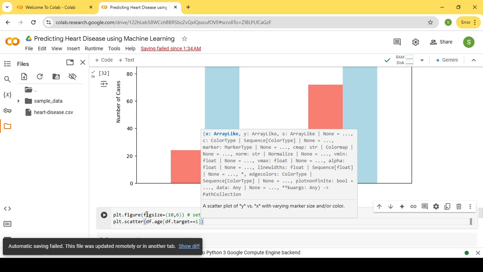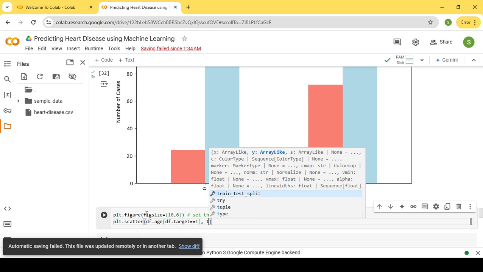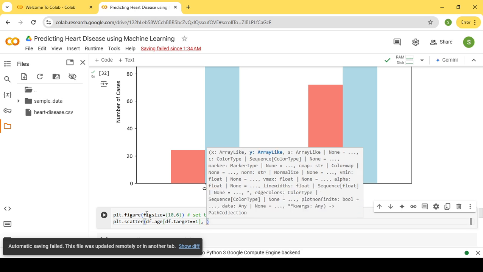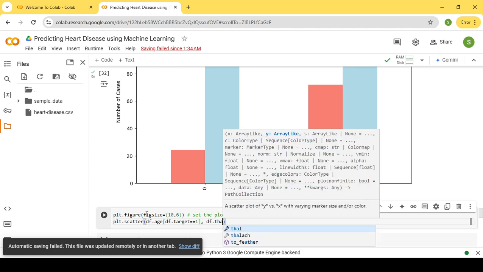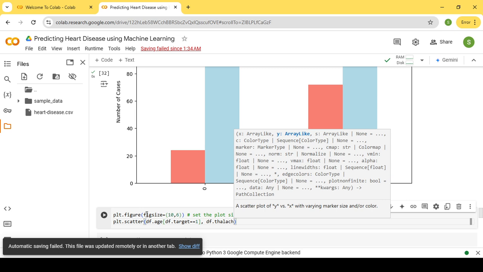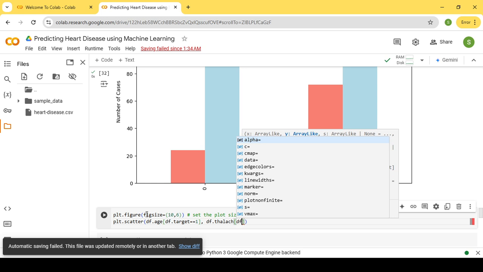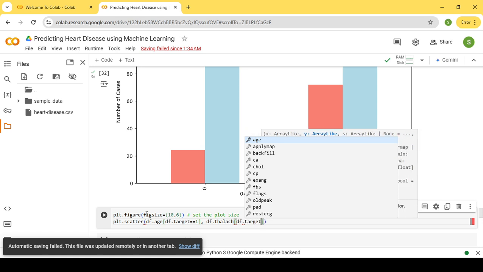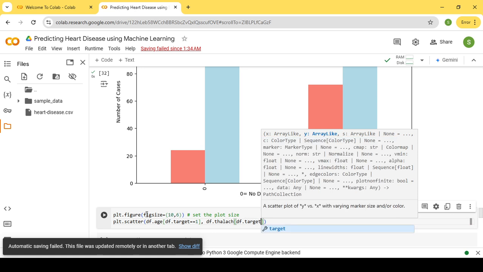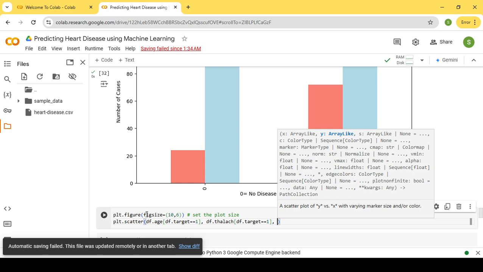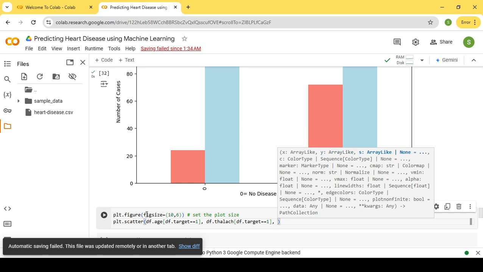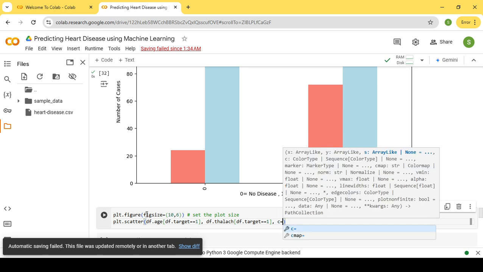And also we are going to need, if you remember, the variable thalach, the max heart rate, also from the data frame with its correlation with the target equal to 1. Let's set that color to equal to